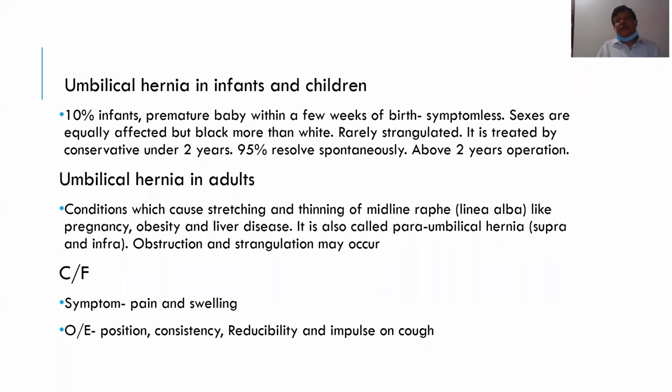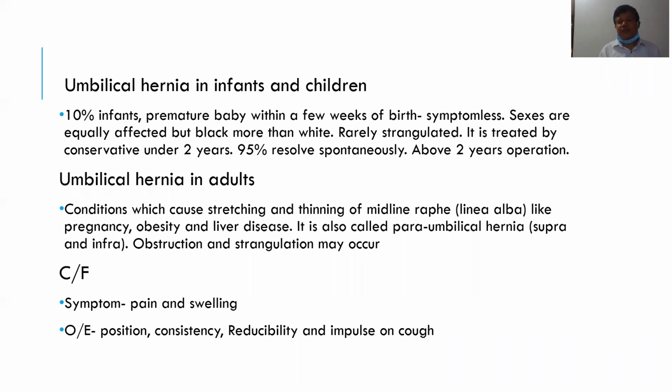Umbilical hernia in infants and children: in 10% of infants, premature babies, within a few weeks of birth, not at birth, they develop this type of hernia, which is usually symptomless, and both sexes, male and female, are affected. Babies of black people are more commonly affected than those of white people. And this umbilical hernia in infants and children, which appears a few weeks after birth,